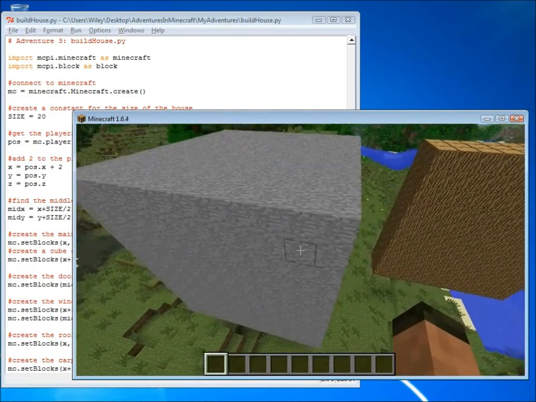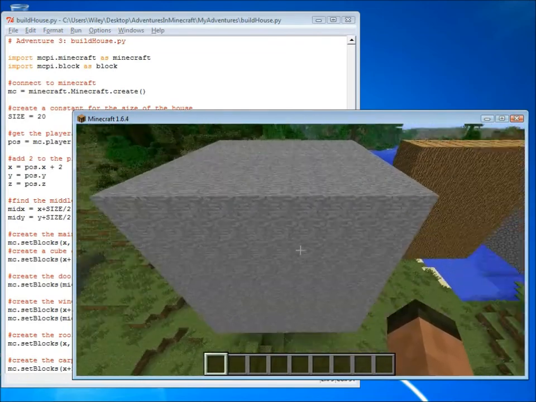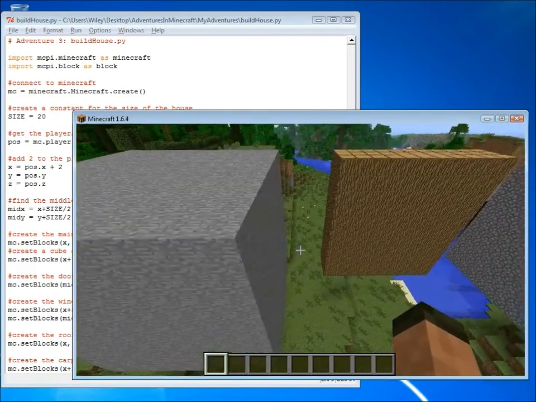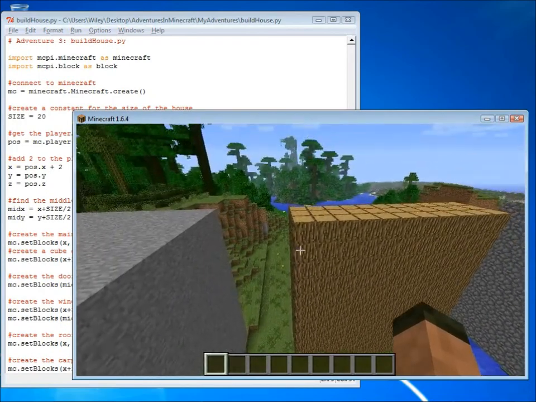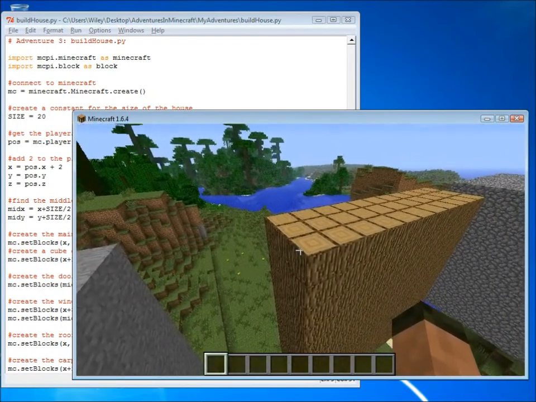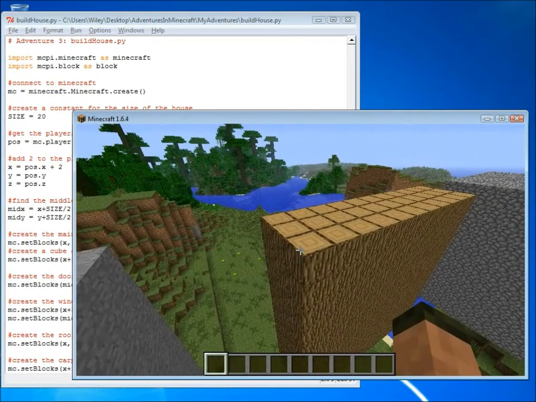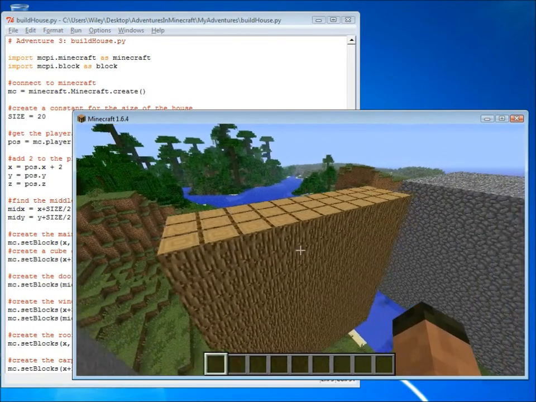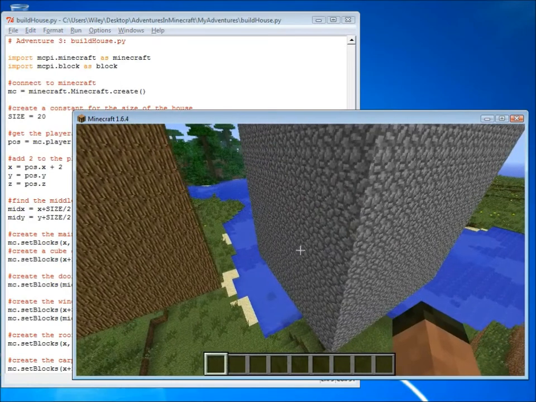This is a cube that is 10 blocks by 10 blocks by 10 blocks. But they don't have to be cubes. They can be rectangular. This is a cuboid that's 10 blocks by 10 blocks by 3 blocks. One of the really useful things about set blocks, however,